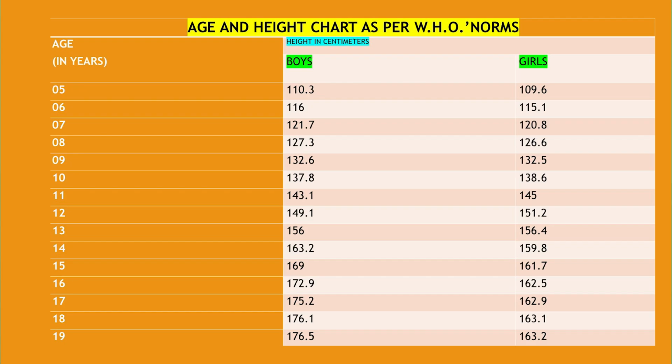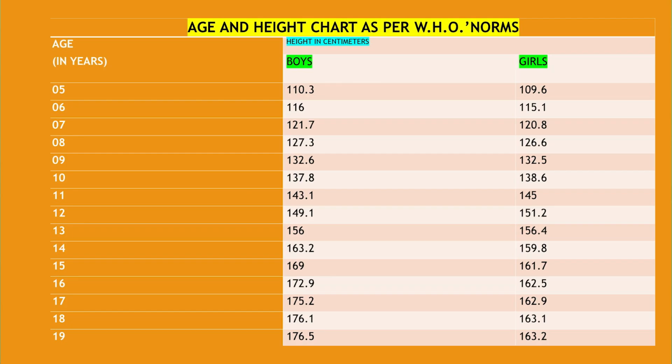This is described in the scale of centimeters, not any other scale. So, it is 132.6 centimeters on average for a boy of about 9 years. As compared to that, if you see in a girl, it comes to 132.5. So, it is a little less. Why have I taken this particular age group of 9? Because if you see, the figures in a boy or a girl are more